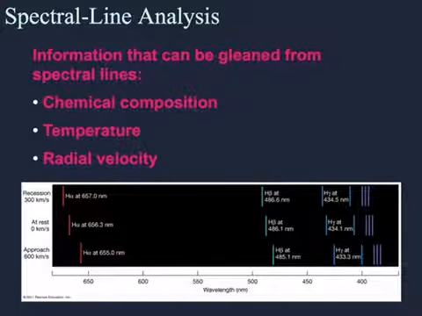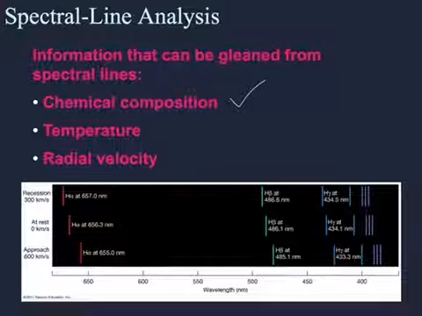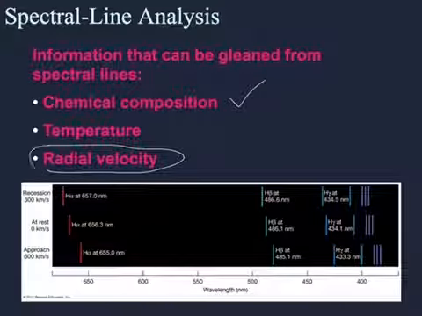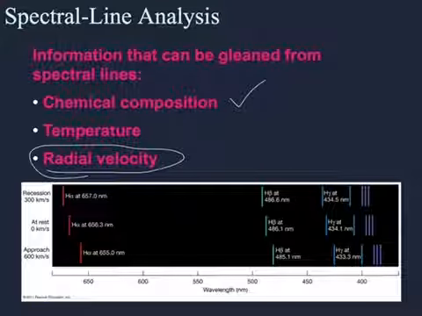And then there's some additional information even beyond chemical composition. We mentioned this already, like trying to identify hydrogen, helium, other things like that. This can also help us determine the temperature that a star or whatever light source we're looking at might have, but also radial velocity. Now this one comes into play significantly when we start talking about entire galaxies and their